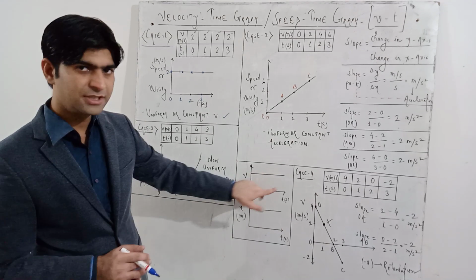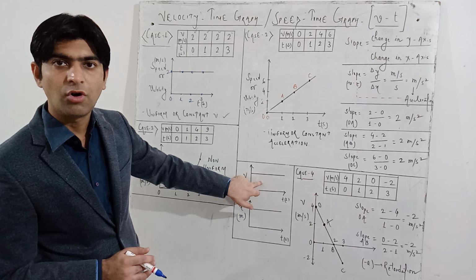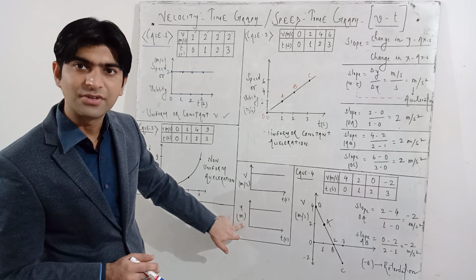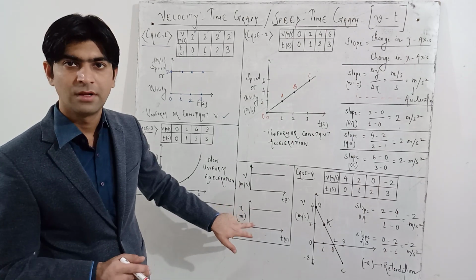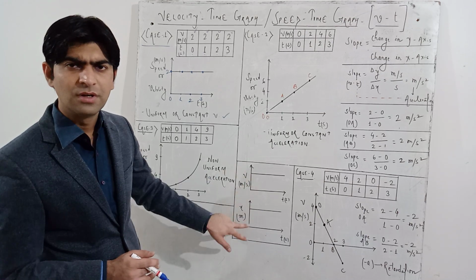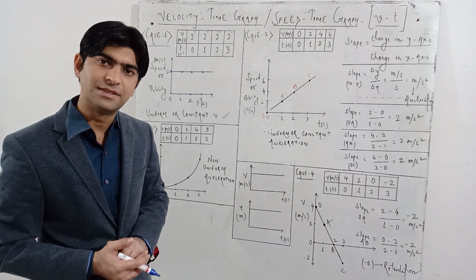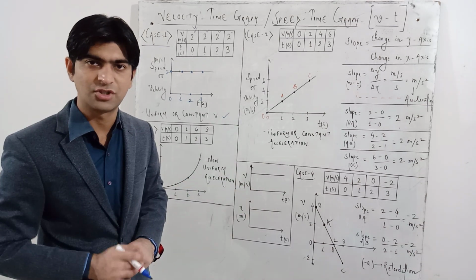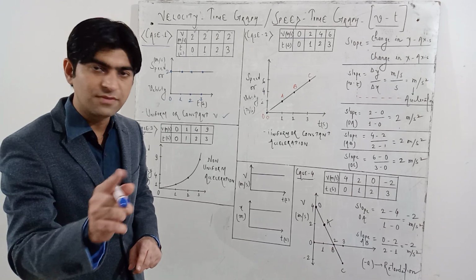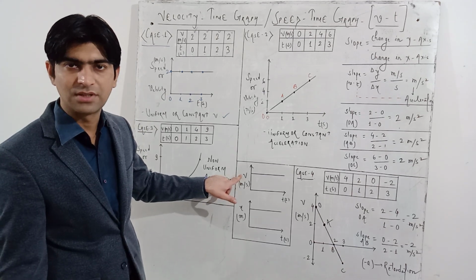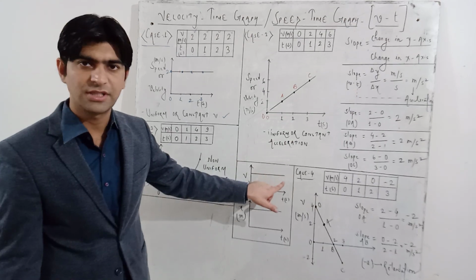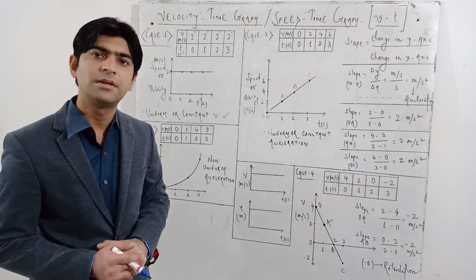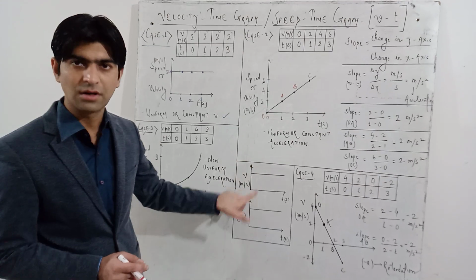So if the velocity is not changing, the first graph indicates a constant velocity or constant speed graph. But the second graph, with the same nature, indicates the body is at rest. Why? Because the position is not changing. Generally the students get confused in these two graphs. Whenever they see a velocity time graph question in the examination, they see a straight line and in a hurry they write the body is at rest. No. Very carefully you have to observe what is written on the y-axis. If it is written velocity, this will be the case of constant velocity. If it is written position, it will be the case of a body at rest. So don't get confused in these two graphs. This is very important.